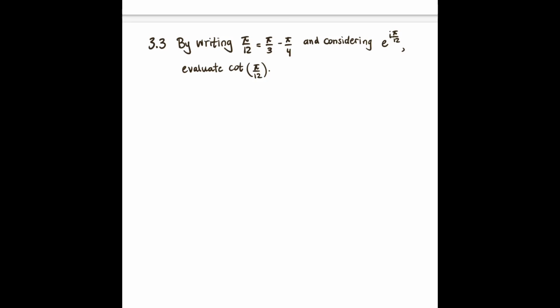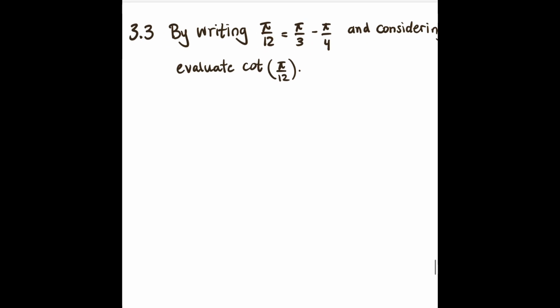Today we are going to be solving problem 3.3 from Math Methods by Riley. By writing pi over 12 as pi over 3 minus pi over 4 and considering the expression e to the i pi over 12, evaluate the cotangent of pi over 12. Let's start by considering that exponent first, and we'll use Euler's formula to write this as cosine of pi over 12